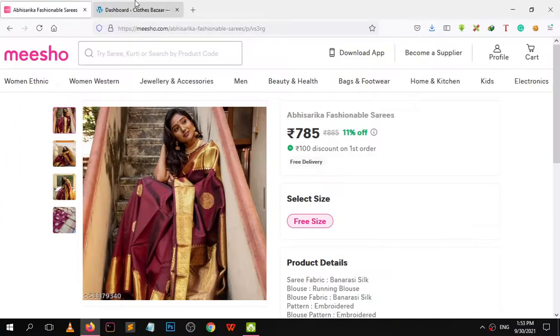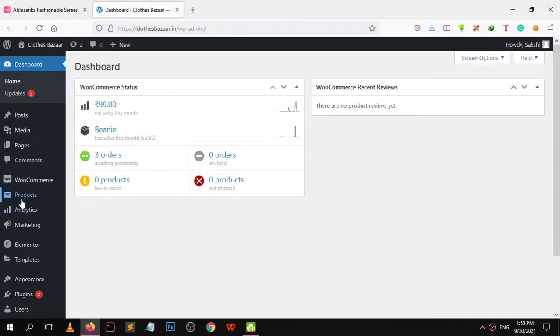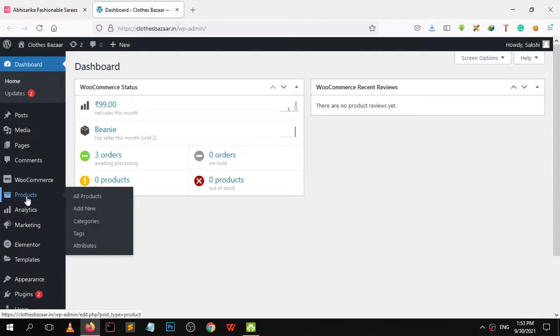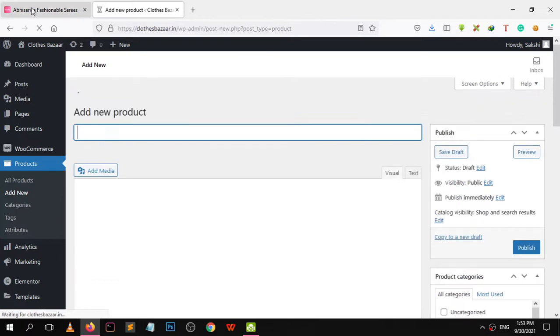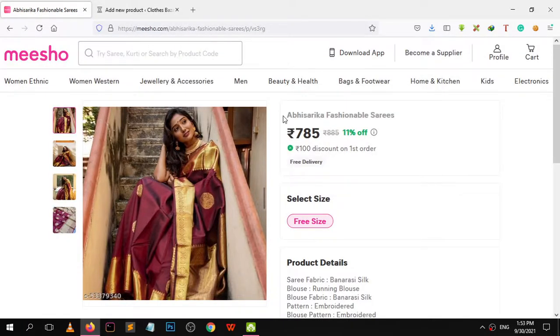Now go to your admin panel. From here, go to products, all products, add new product. From the admin panel, go to products, add new product. At the top, add the product name. What is the product name? The product name is